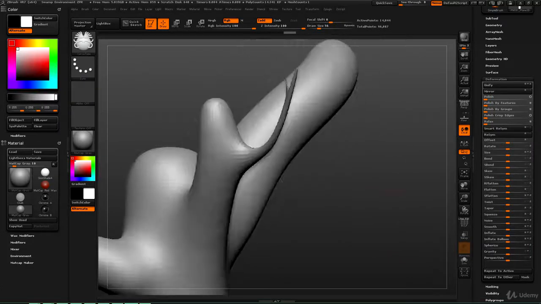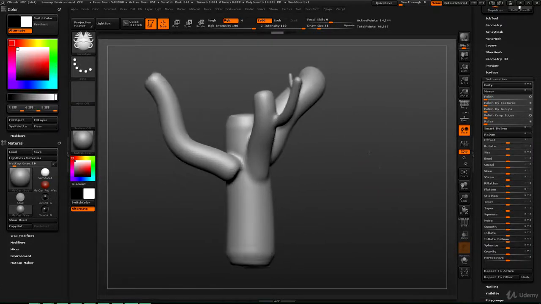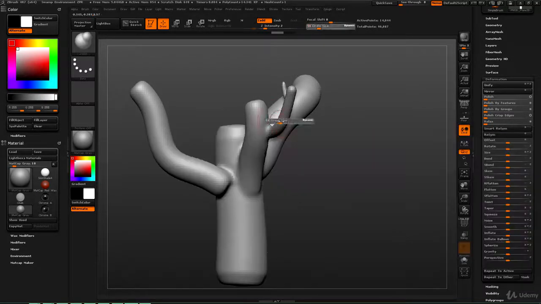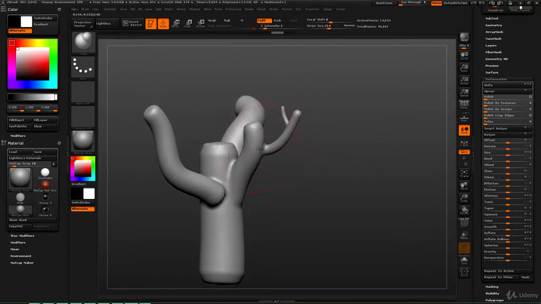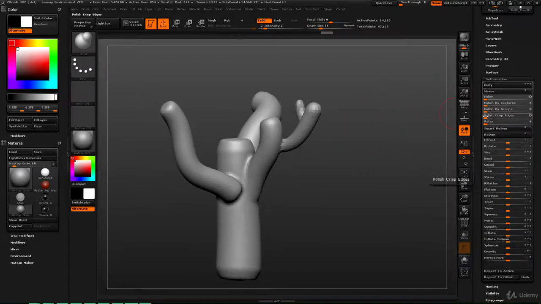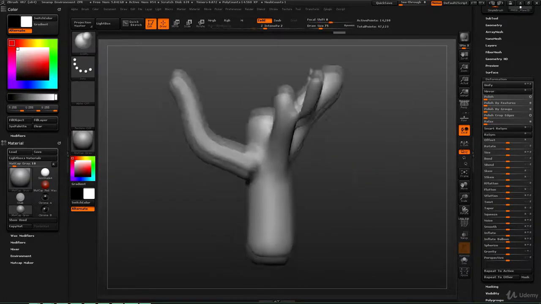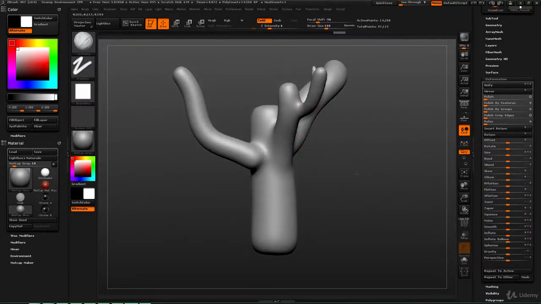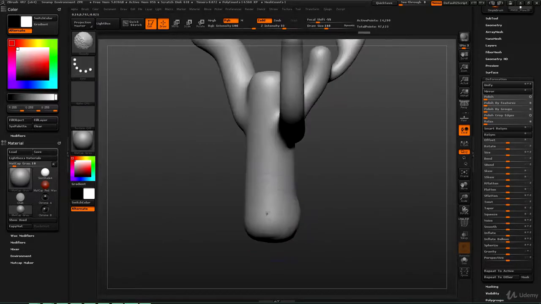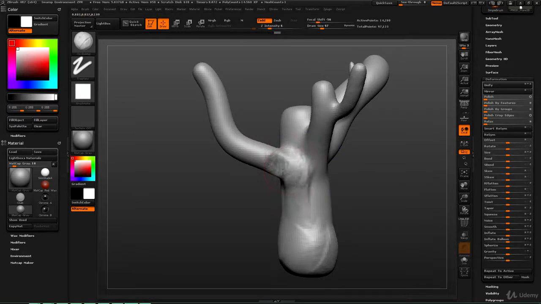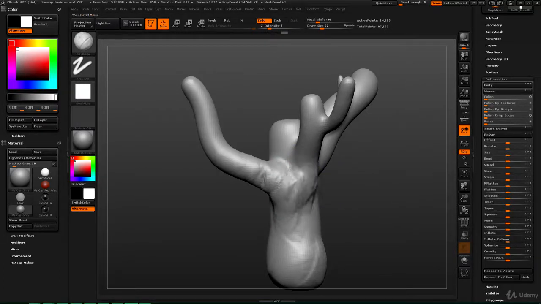But now this thing looks weird, right? So let's see. Maybe we can do it, but like just a little bit. Wait, we can inflate first the areas that are messing up. So I'm gonna inflate this part right here. I'm gonna Dynamesh again and of course polish this. So we have something like this. And I'm just gonna go to my clay buildup and build it up from there. Something like this, and in here,